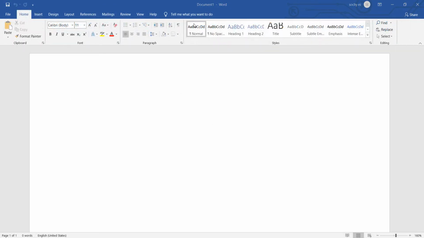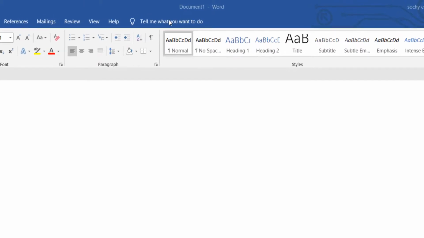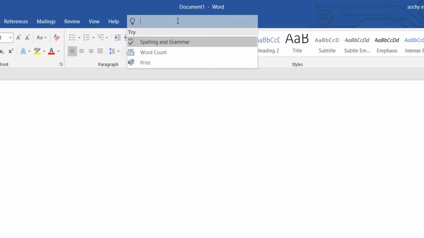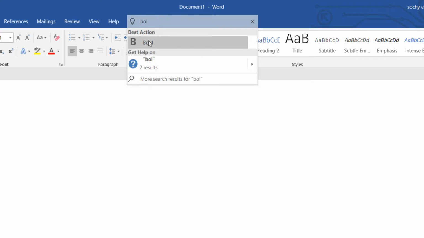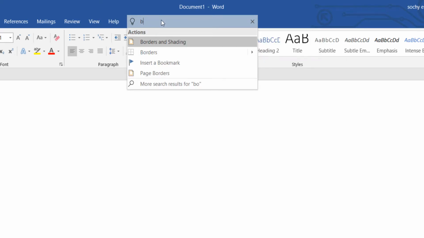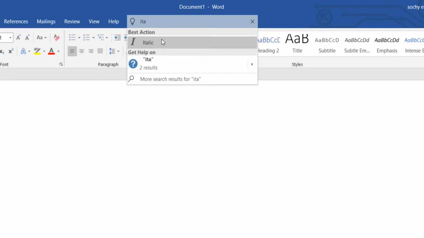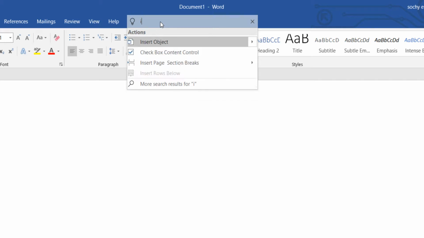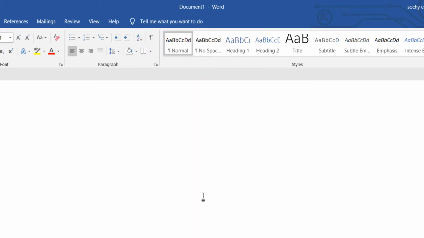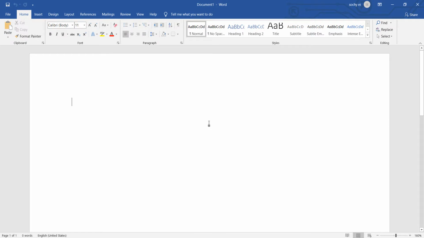Next, we're talking about the Tell Me feature. What is the Tell Me feature? It's like a search box that allows you to search for a command that you know, so you can access it quickly. For example, when you want to bold text, you just type bold, and the bold command will pop up. When you want to italicize the text, you just type italic. It's like a search box that you can use to search any commands that you know inside Microsoft